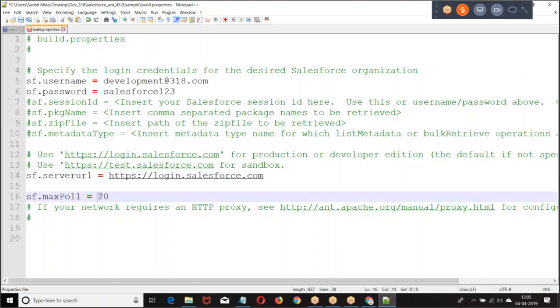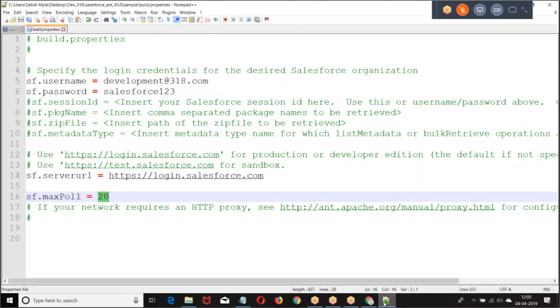Max poll: how many connections can we establish? 20, that's a default figure. So the build.properties file has the username, password, the URL, and the maximum number of connections we can establish. I hope you're good.